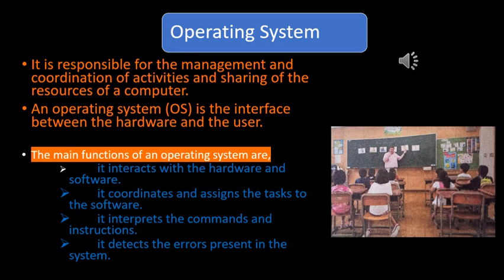A computer also performs many activities. Like a librarian, the computer also has a manager called an operating system. An operating system acts as the interface between you and the computer. It manages and controls how different parts of a computer work. These different parts include the hardware, software, and memory of a computer.